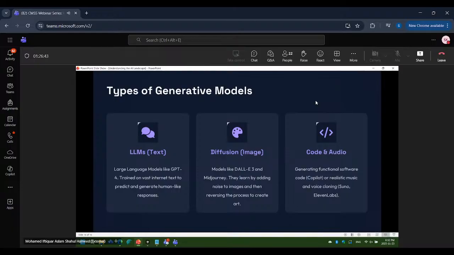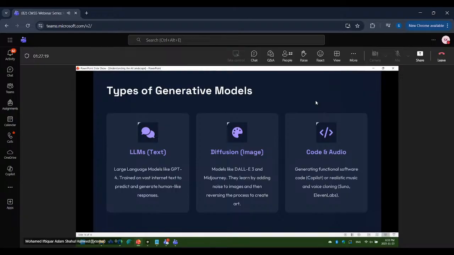And then we have diffusion, that is image. I would not say that image is as advanced as NLP, natural language processing, like LLMs. Image is still improving, but Gemini has improved a lot on images. What it basically does is read the image, read the image objects, and then try to get us answers, right?